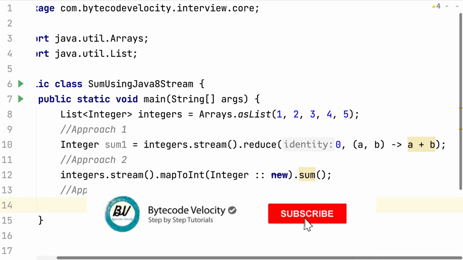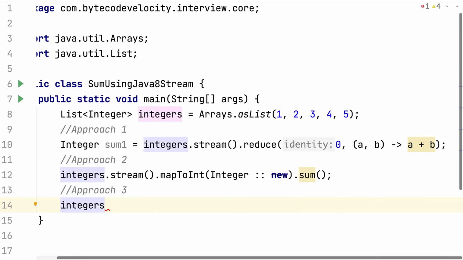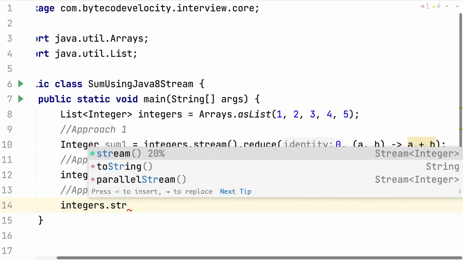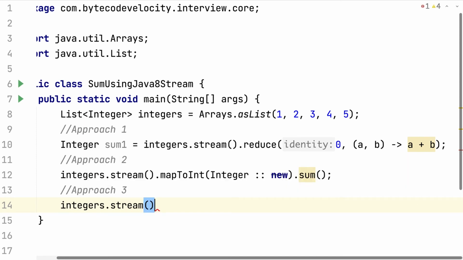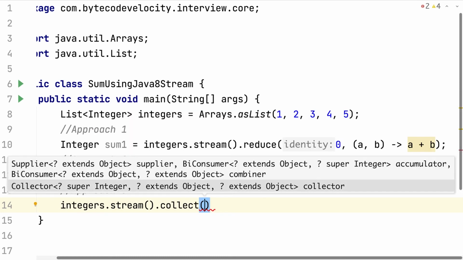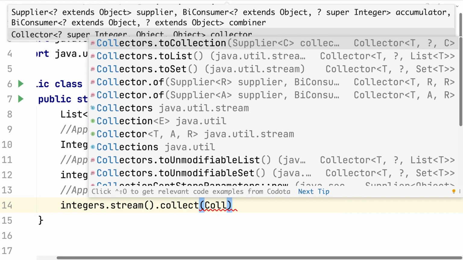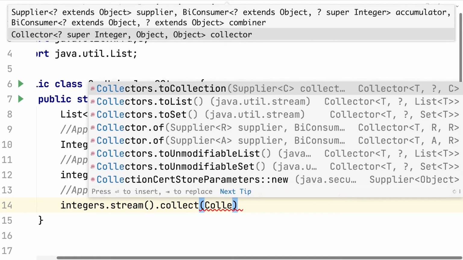So now what I'm going to do is call the integers here. So integers dot, and here I'm going to open the stream. Whatever you're going to do with the collection, the first thing we need to do is open the stream out of it, and then we have some collect methods available in the Collectors. So we're going to collect the data, and I'm not performing any operations here. I'm directly going for collect. But here I'm going to use Collectors. Collectors has a lot of methods. The method you're looking for,